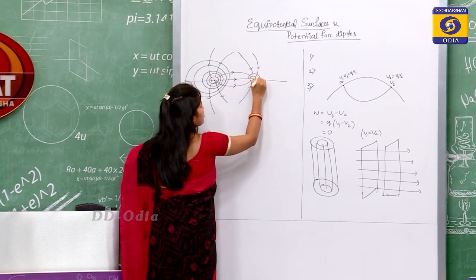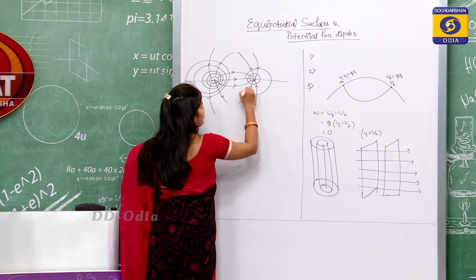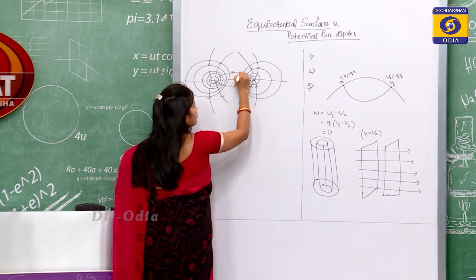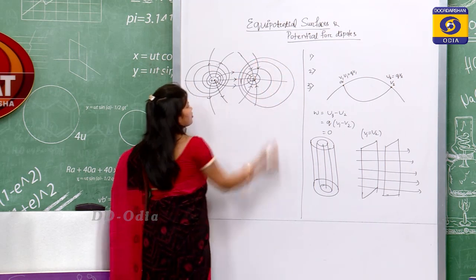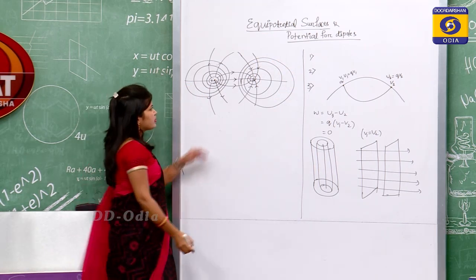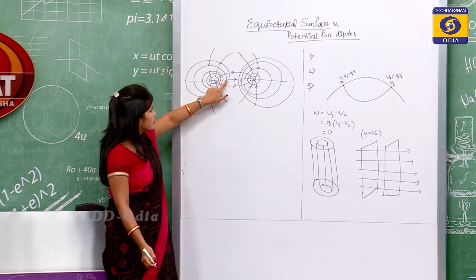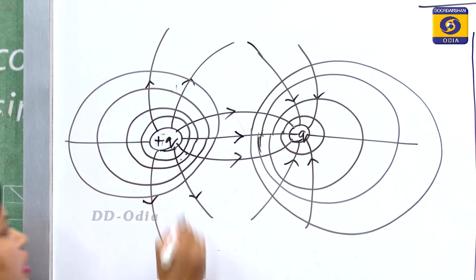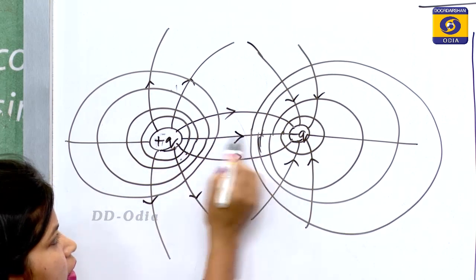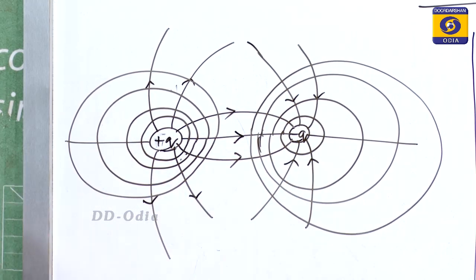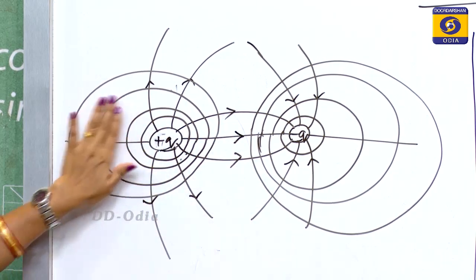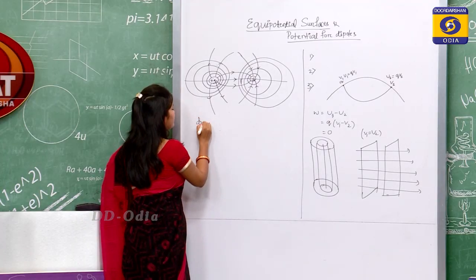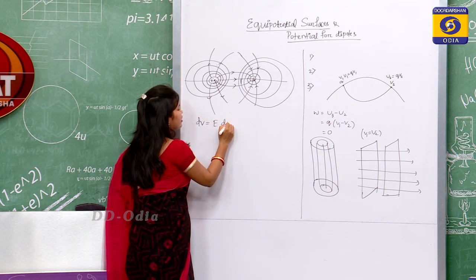And here also like this. So, these are the equipotentials. See, here the distance is less and here the distances are more. Why? Because in this region the electric field is maximum, that is, here you find the strong electric field, but here you find there is weak electric field in comparison. Okay. So, that means you know the relation dV is equal to E dr.